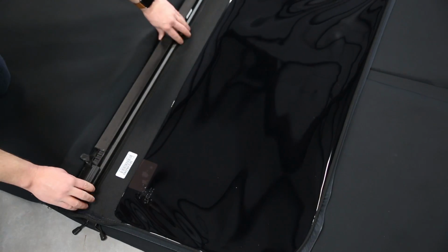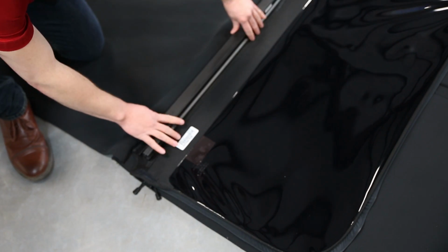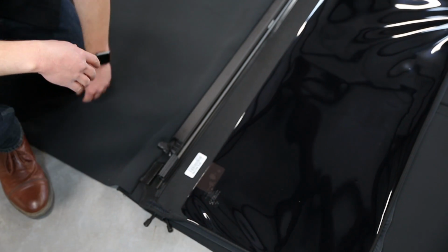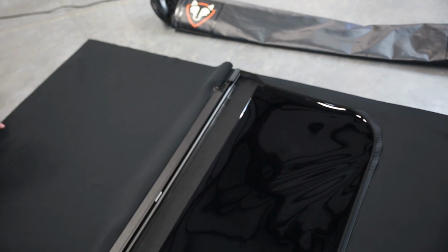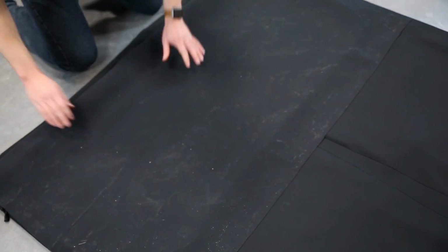So just like so, and get it as close to the seam as you can. One thing I do want to note is that this sleeve will work with your CJs, your YJs, your TJs, and your JKs. So it's going to be sort of universal in that regard. But basically what we're going to do at this point is roll the neoprene cover over, flatten it out the best you can,